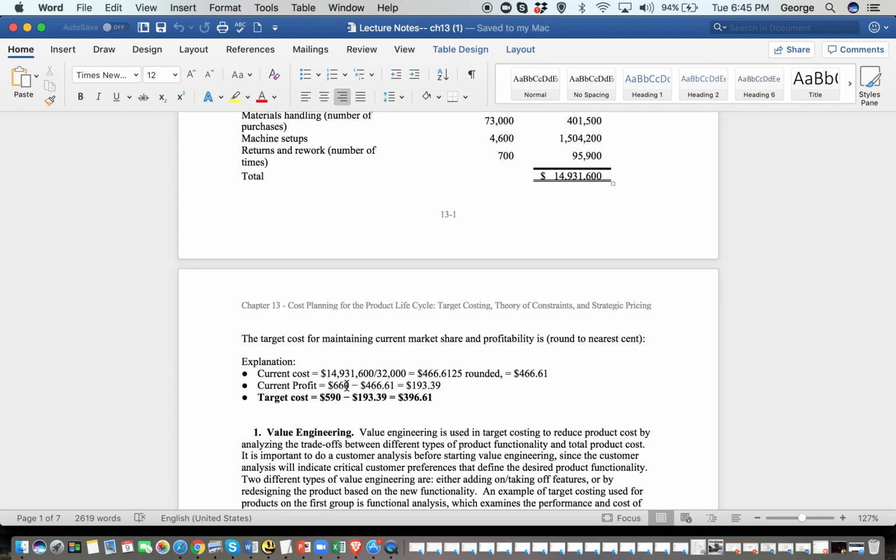Our competitor is at $590, so our OEMs are going to go to that competitor sooner rather than later, as soon as they get out of our contracts. But that allows us to address the profit issue. It's $193.39. So our target cost would be my new selling price of $590 less my desired profit of $193.39, so $396.61 would be my target cost. So my new target cost, in order to keep my current profit of $193.39, is that the cost of the product will have to be reduced to